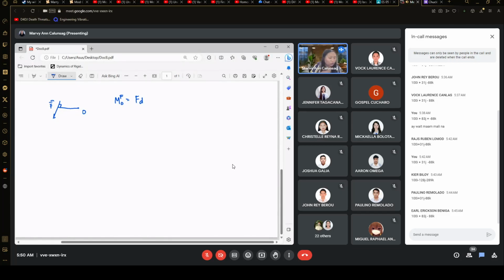While if you are to have vectors, the moment of a force about a moment center is taken to any point on the line of action of the force. So, when we talk about vectors,